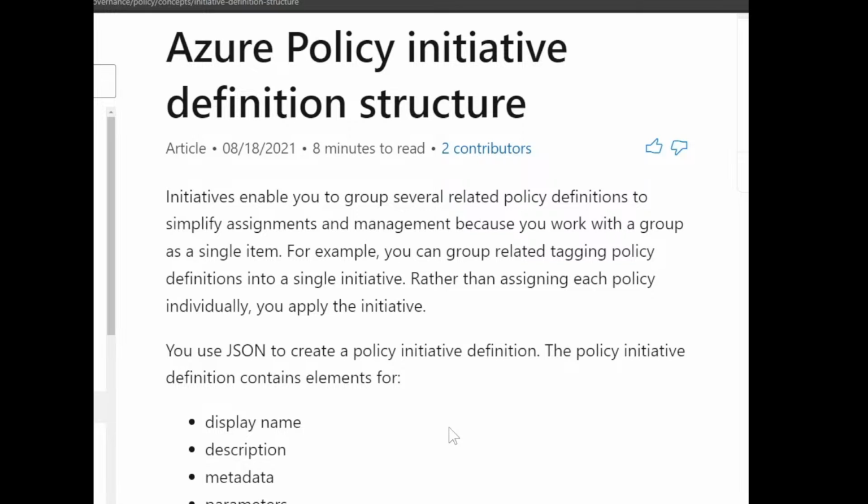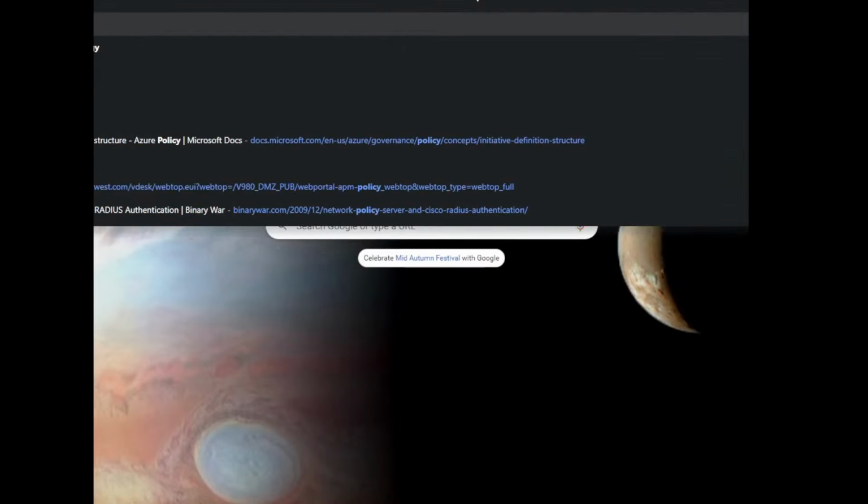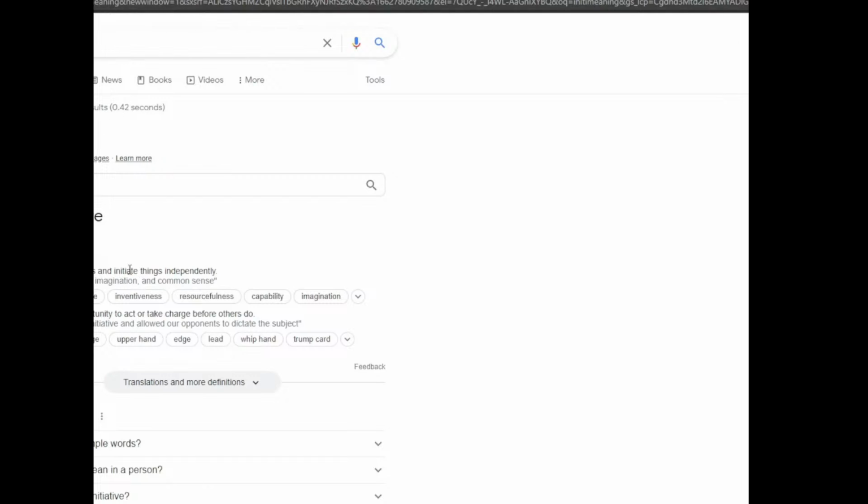Azure Policy Initiative Definition Structure. Policy, initiative. Parang parehas lang yun, ano? Policy meaning: core principle of action adopted or proposed by government. Initiative meaning: it says initiating.